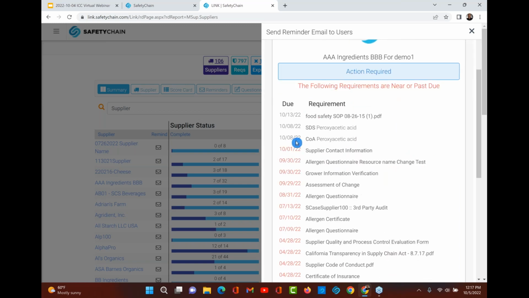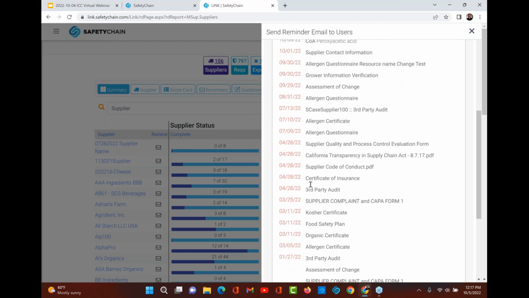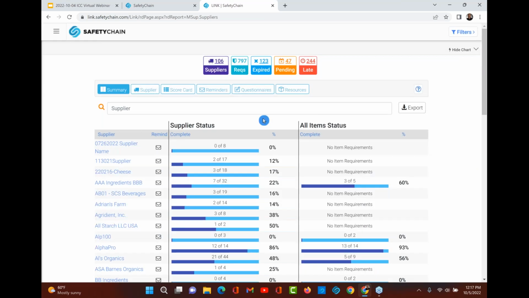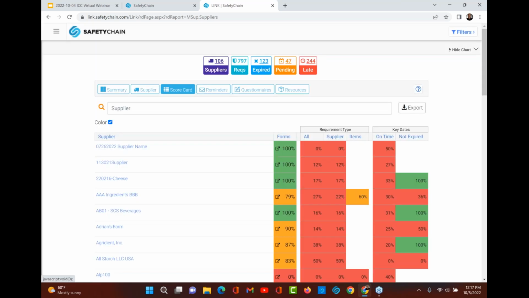So here are some tasks that the suppliers receive from SafetyChain that are due in the next, say, week and a half. And here are past due tasks because the suppliers didn't respond and they're tardy. Excuse my demo data. But what's most important is the ability for your customers to look at all of the